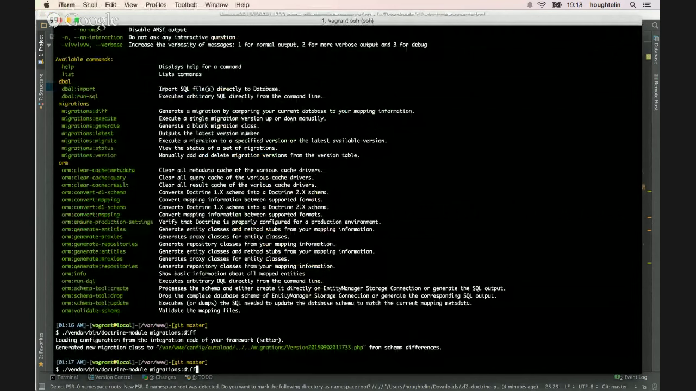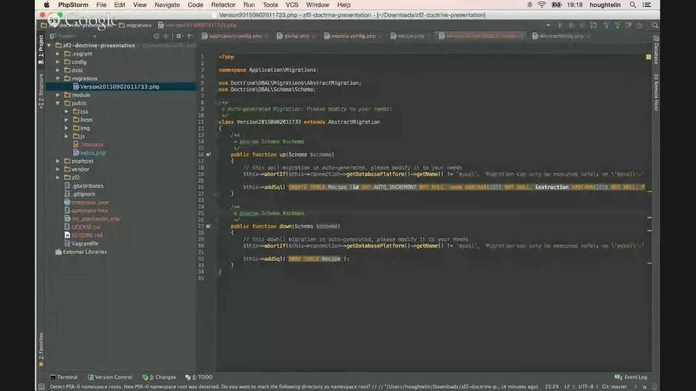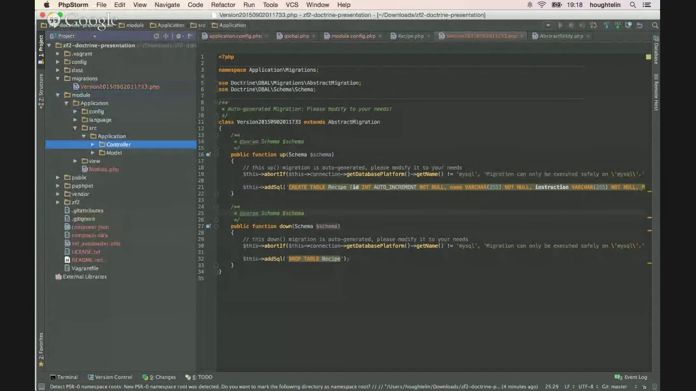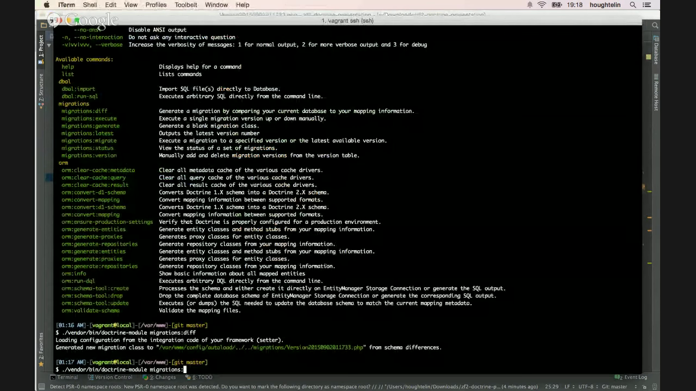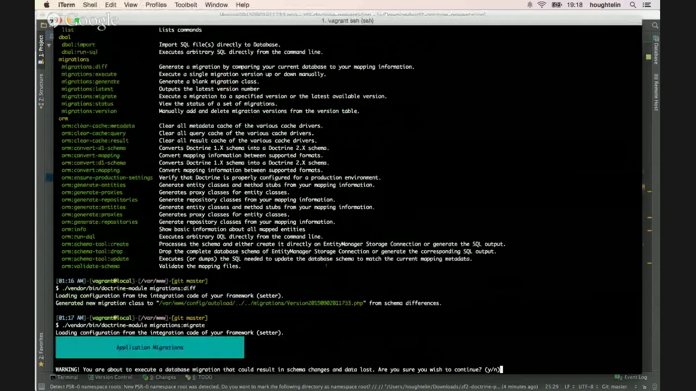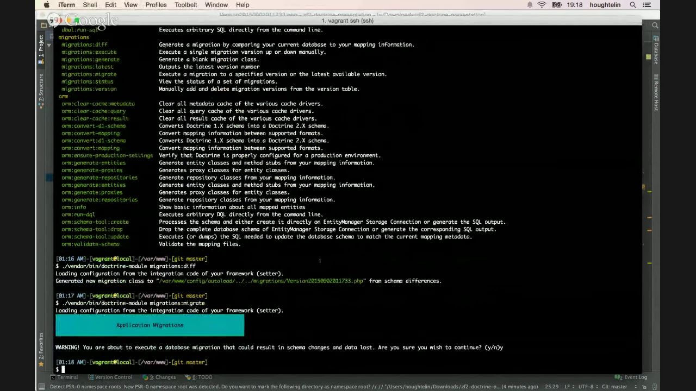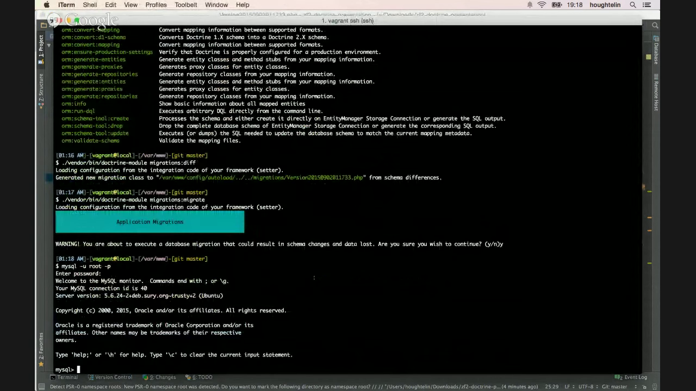So here we go. We're going to go ahead and apply this. And this is based on the recipe entity. Migrations, migrate. Yes. And confirm. Fantastic. Now, if we run MySQL -u root -p123,